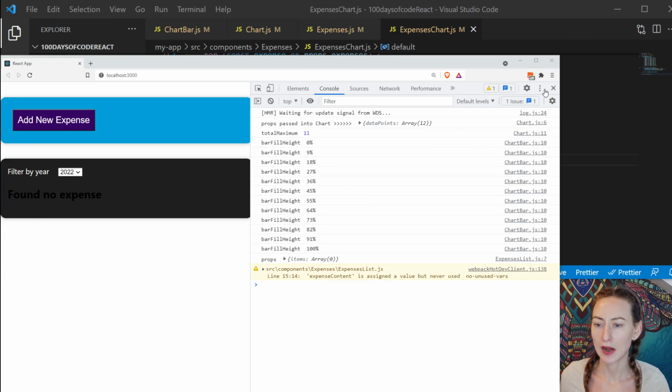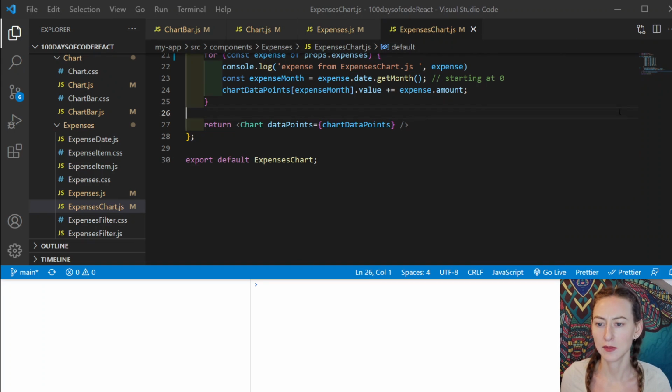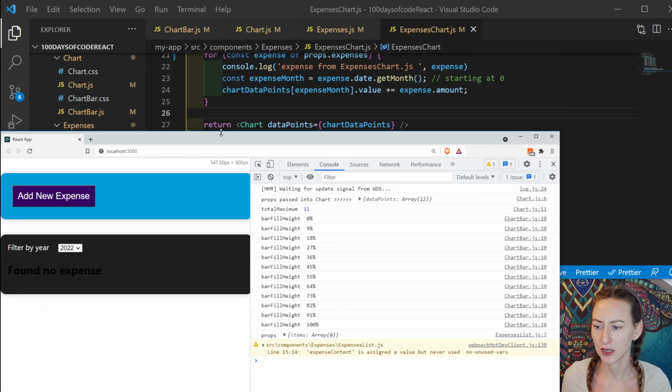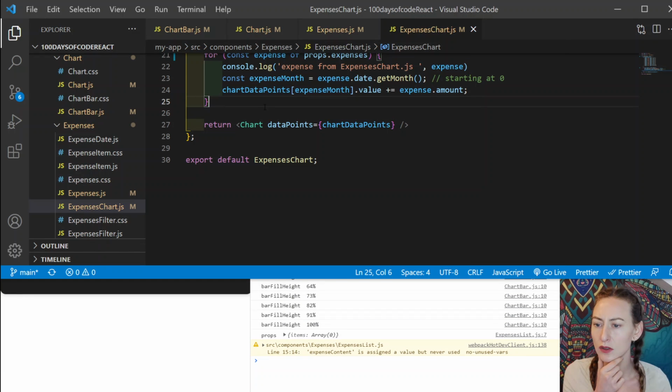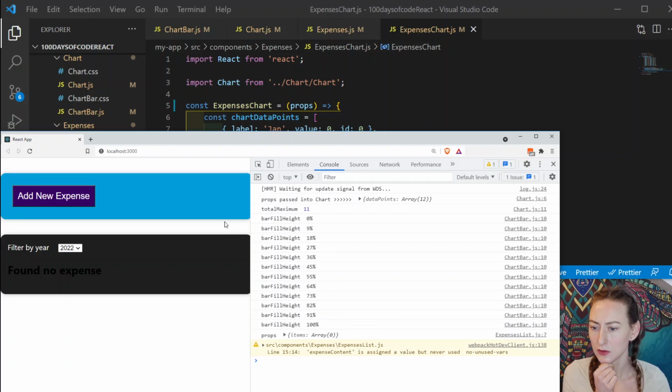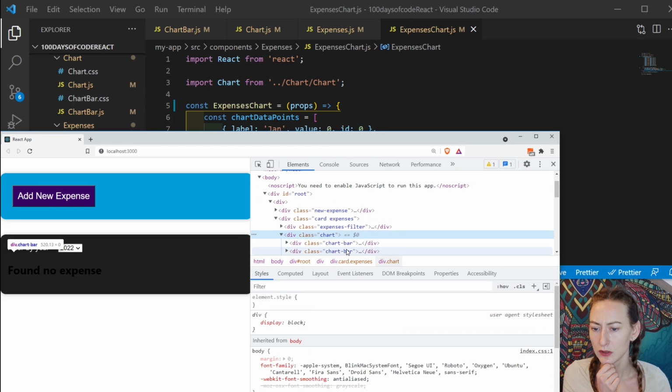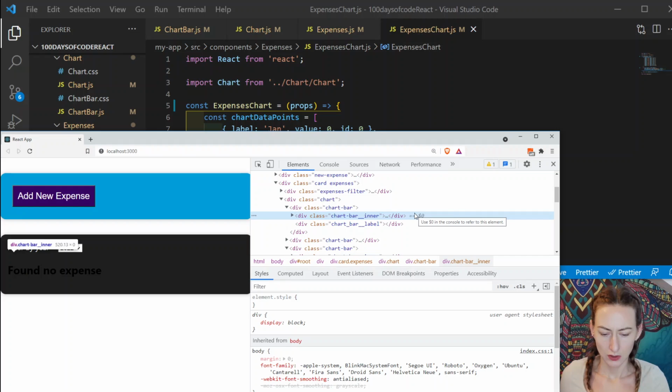So here we are. I have everything set up as it was yesterday, and so we have our expenses chart here, and what we're going to do is figure out why our bar chart is not showing. So yeah, I was just